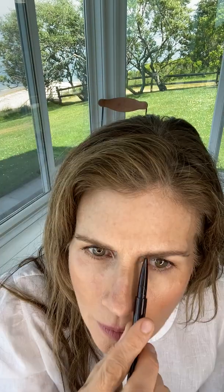So going slightly above the outer edge of the brow, slightly higher and longer. Going a little bit lower here just to create this maximum symmetry between this side and this side. Okay, so that's my brows. Now I feel much more put